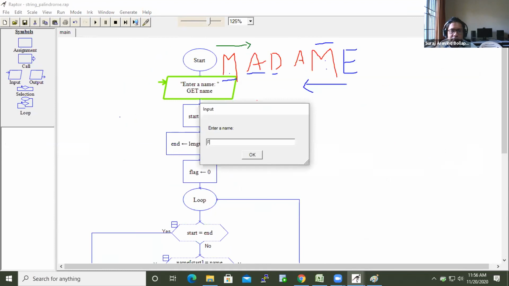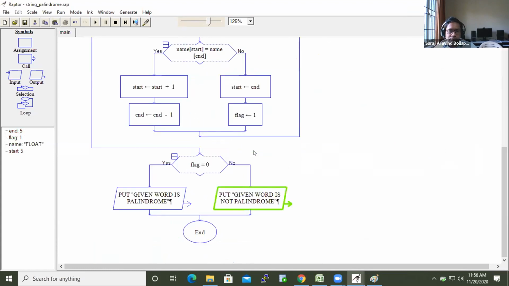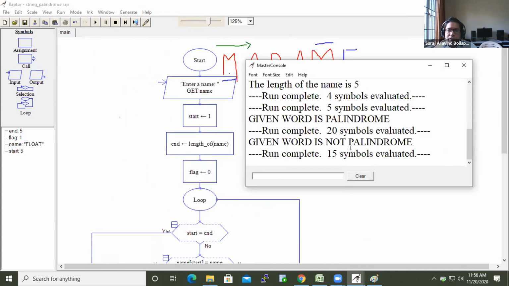The given word is not palindrome. Okay. So after MADAM, for an odd letter word, I tested.